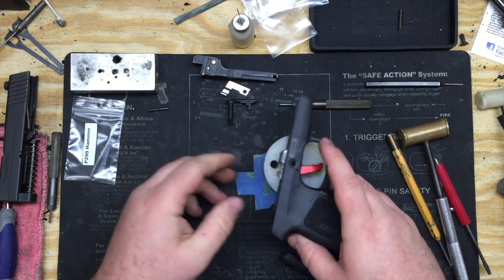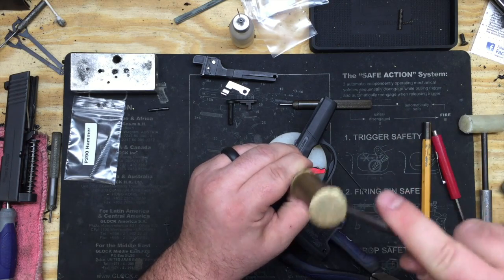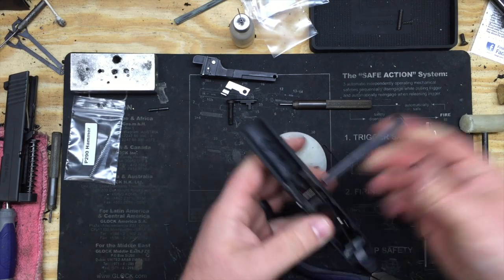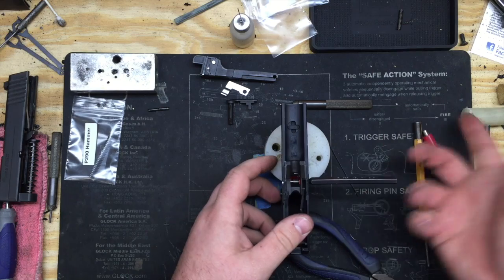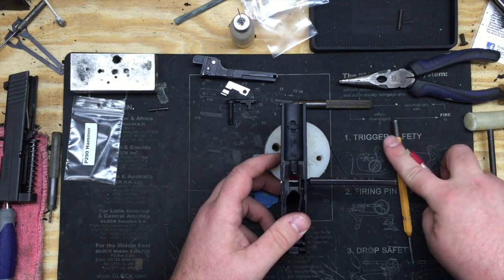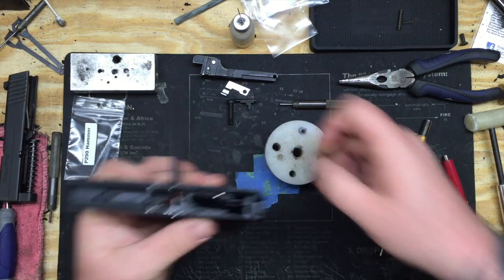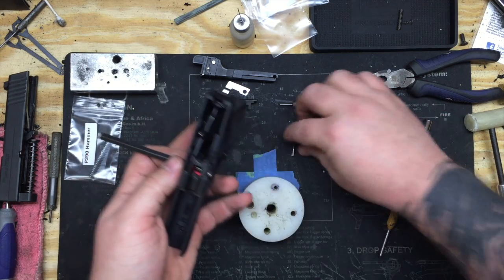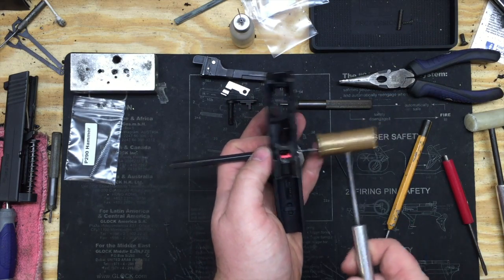Alright, now the other way of doing this is to use a slave pin. If you don't have a ready cut slave pin ready, you can do it with your 1/16 punch. Now, here's the thing, you're still going to need the pliers to push that in. It's really hard to do it without pliers. But once you have that in there, you can set it with your dummy pin. You'll start your dummy pin out just enough to get, oh, helps if I grab the right pin, doesn't it? Your trigger pivot pin in place,